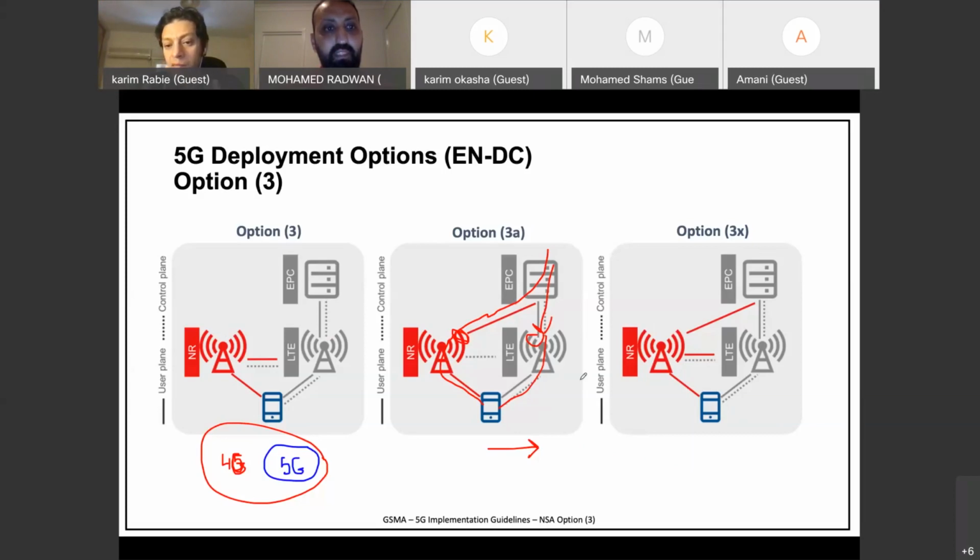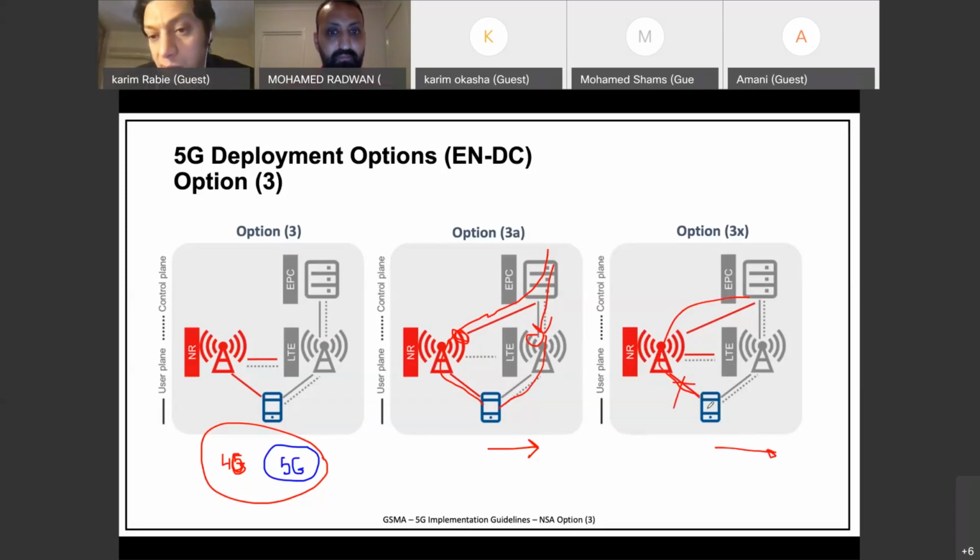We are making use of the fact that it's only one EPC. If you have a 5GC and an EPC, the handover becomes more complicated. Just to cover this point, I will use this question to explain 3X. If you are in 5G coverage, the flow goes like this. If you go to 4G coverage, this path does not exist anymore, since you don't have any radio path between the UE and the 5G radio.